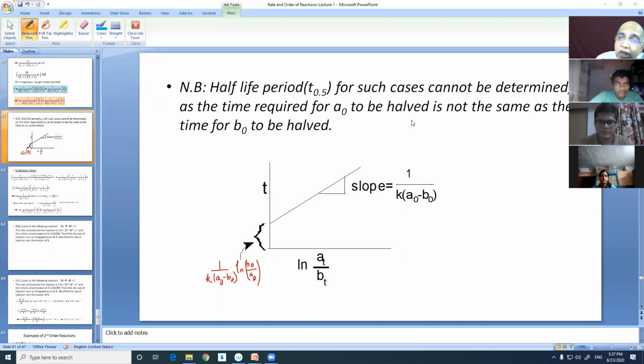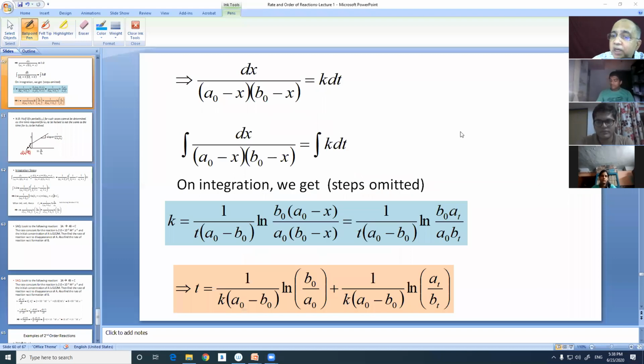So nobody will ask you what is the half-life period for such a process where two different reactants produce a second order mechanism, and that too, the two initial concentrations are different. Why I'm teaching this in a very rigorous manner is because we will be using these kinetics for our pseudo first order kinetics, which is not found in your textbooks. So you write down this.